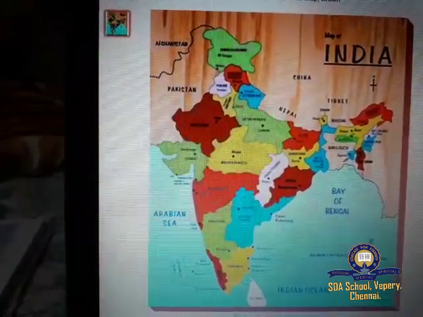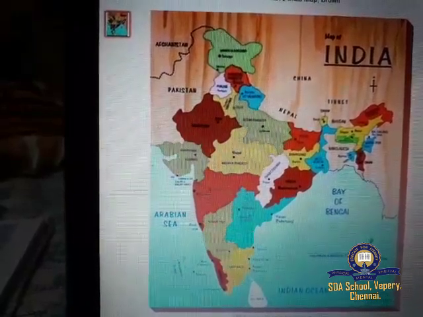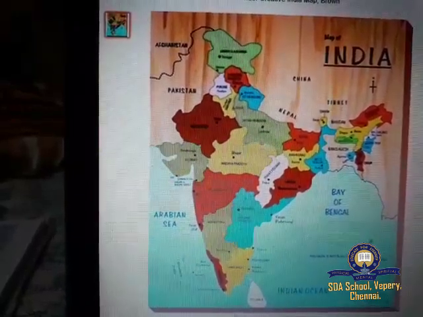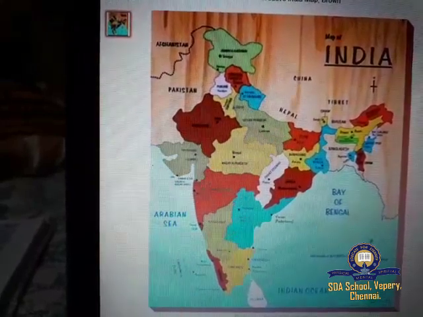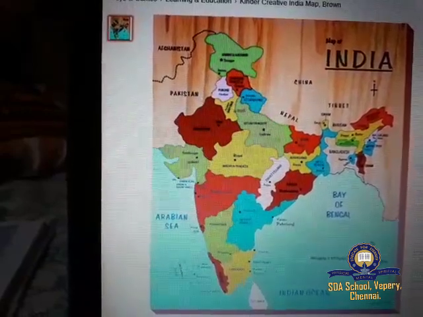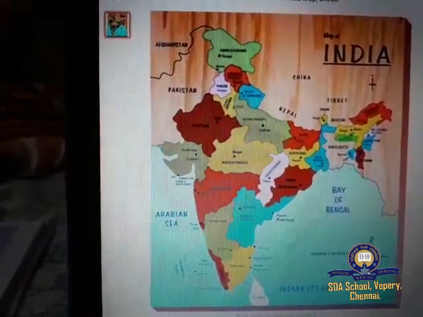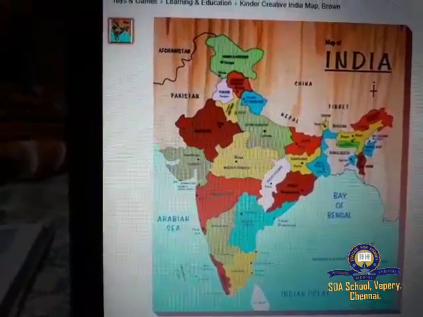The Tropic of Cancer passes through the middle of the country, dividing India into northern temperate and southern tropical lands. India has 28 states and 7 union territories.